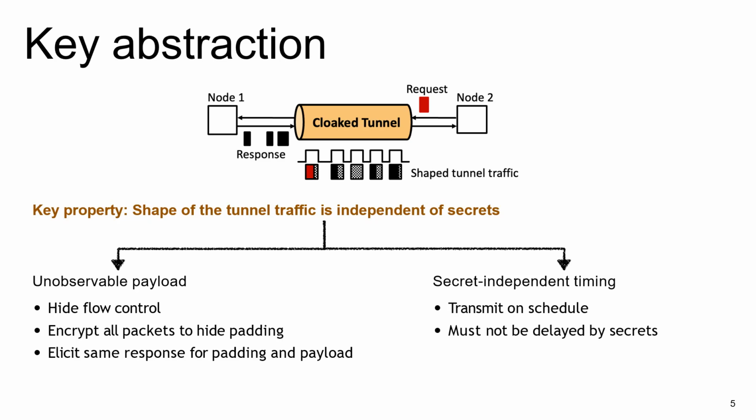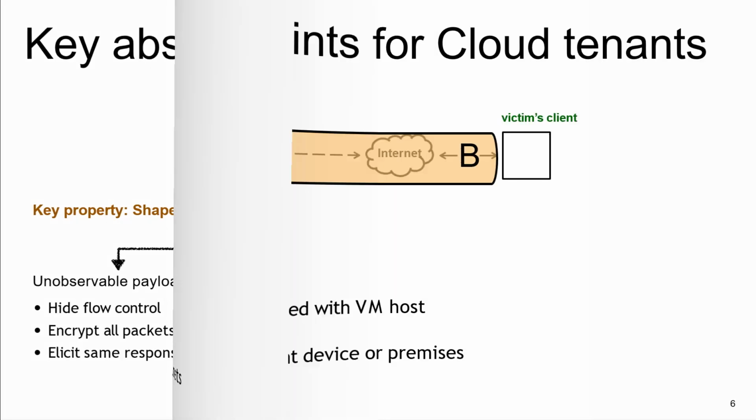And the second high-level requirement is that the tunnel must ensure that all packets are transmitted at secret-independent times, so preferably on a schedule that is predictable and public, and there should be no deviations from the schedule in a way that could be correlated with application secrets. To protect the traffic of an application running in a cloud virtual machine, where there will be